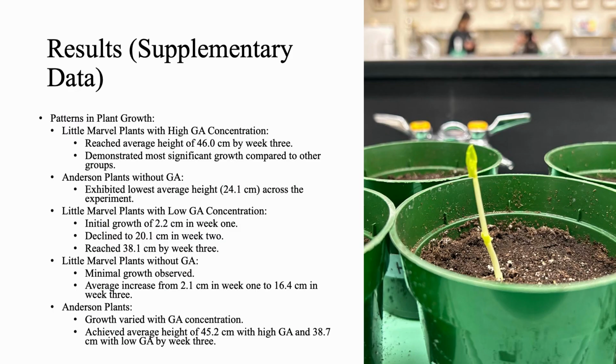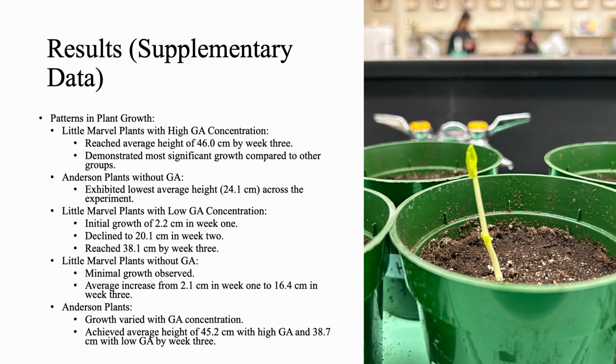In the supplementary data provided, we saw that the plant growth over 3 weeks revealed distinct patterns based on different concentrations of gibberellic acid. The little marvel plants treated with the high concentration of the hormone demonstrated the most significant growth. They reached average heights of 46 cm by week 3. On the other hand, Anderson plants without the hormone exhibited the lowest average heights across the experiment, measuring only 24.1